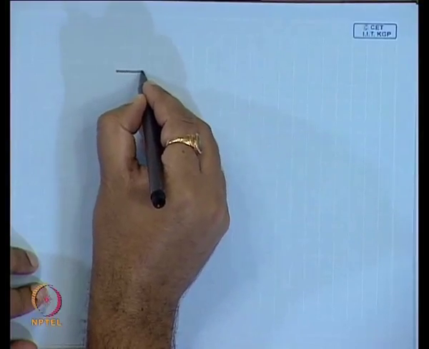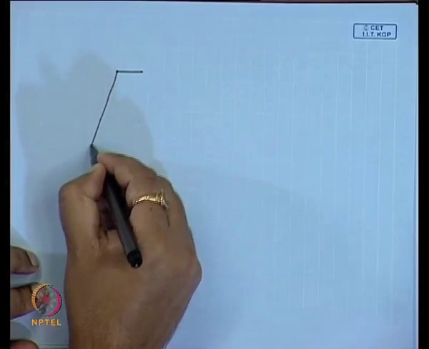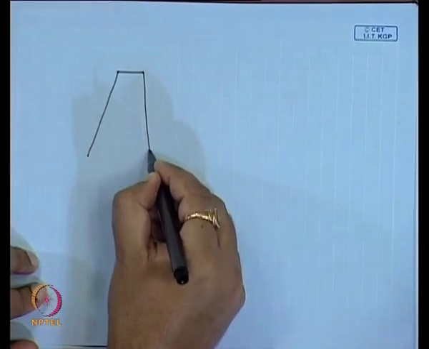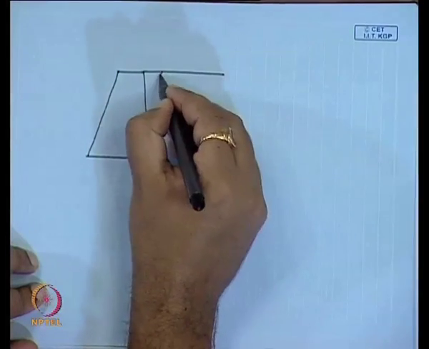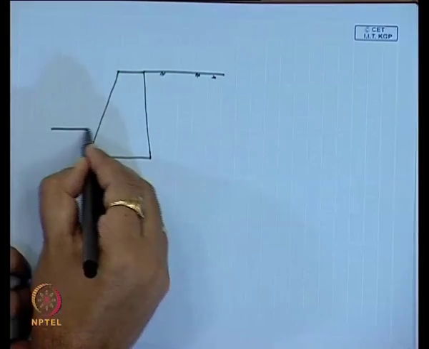Now, we have to design these different types of retaining wall. First, we will go for the gravity retaining wall. Before we go for the gravity retaining wall, you should know what are the different types of factor of safety you have to determine, and what are the checks you have to do for the design of this retaining wall. First, suppose this is a typical section of a retaining wall, where this one is the backfill side, this is the ground surface, and this is the foundation.